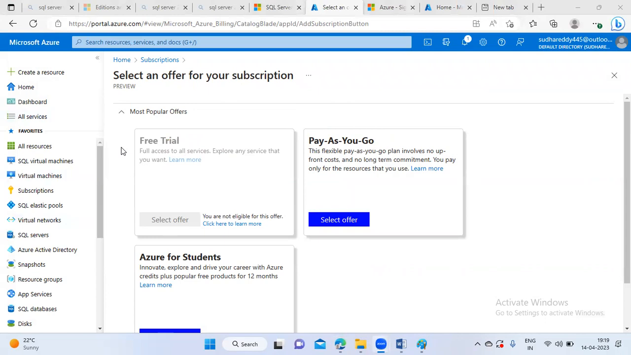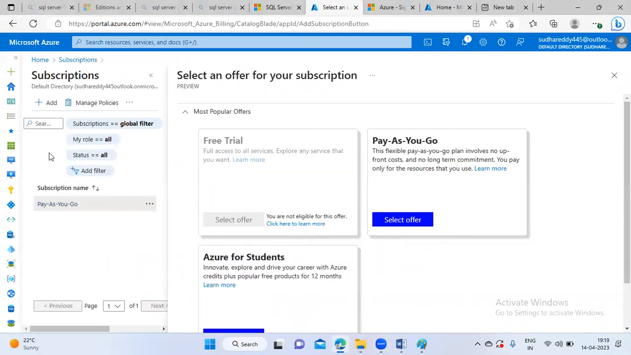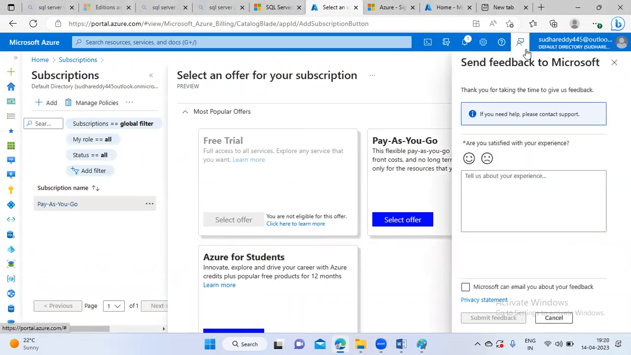So once you log into the portal, it looks like this. By default it would be like this. When it comes to here, there are different things. The first screen indicates that if you want to give any feedback to Microsoft,